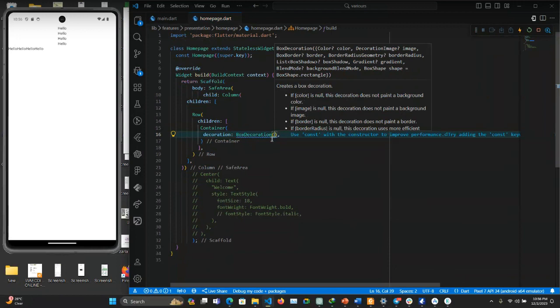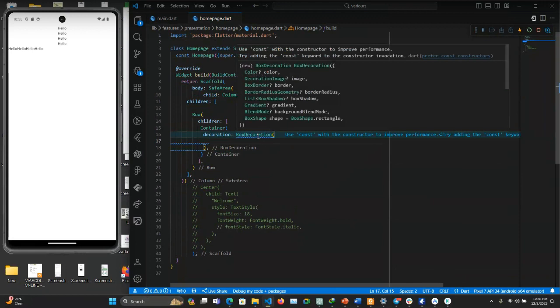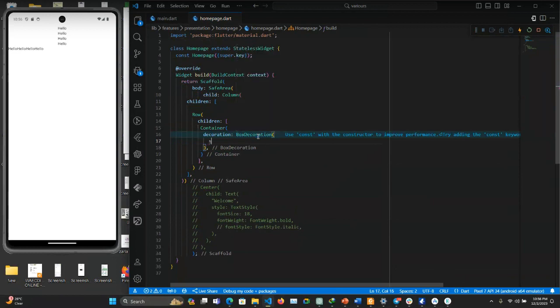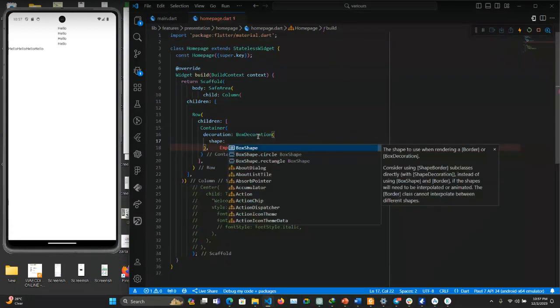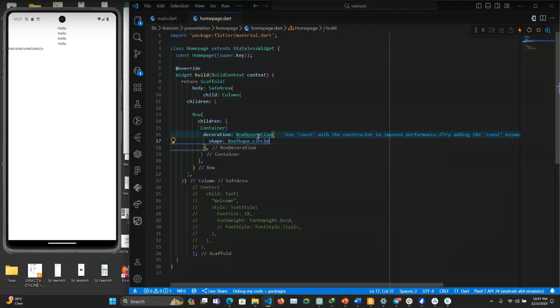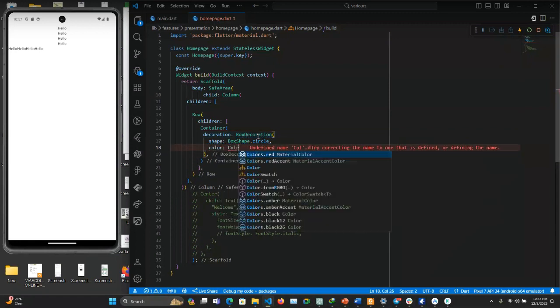Inside that decoration box, there is a list of options. We have color, image, border, radius, a list of shadow, gradient, background blend, and shape. First thing, I can change shape to shape.circle. I can add my color, maybe colors